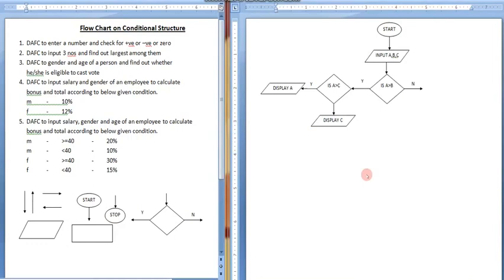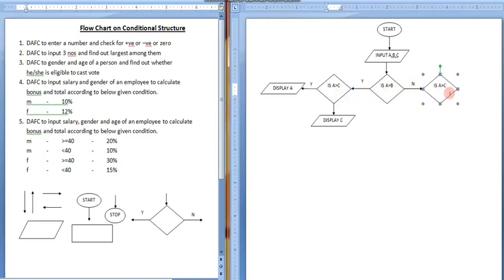Now in the other side of the flowchart, what will happen? There is written no. No means what? No means b is bigger, because a and b comparison is going on. If it is no, it is dissatisfied. It means b is bigger. Then b is supposed to be compared with whom? With c. So just copying this diamond box, the decision box.